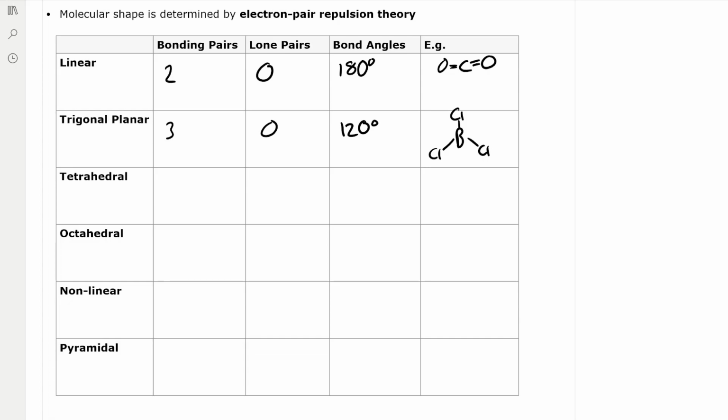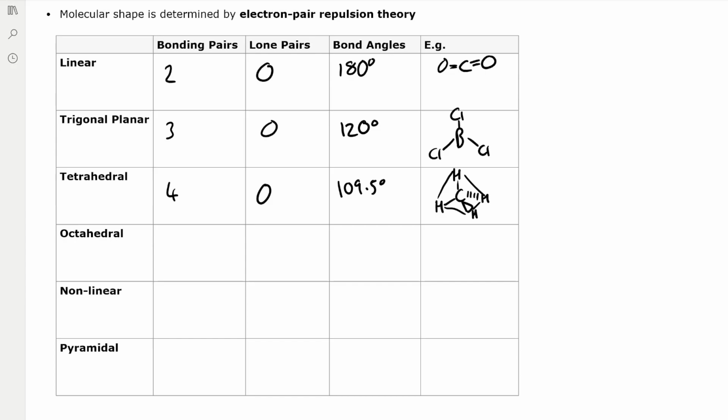And then a tetrahedral molecule has 4 bonding pairs and 0 lone pairs. So the bond angle for this is 109.5 degrees. And an example is, as we saw earlier, CH4. And we have 2 atoms in the plane of the paper. And then we have 1 atom going into the plane of the paper and another atom going out of the plane of the paper. And as you can see, we kind of get this pyramid shape when we draw lines